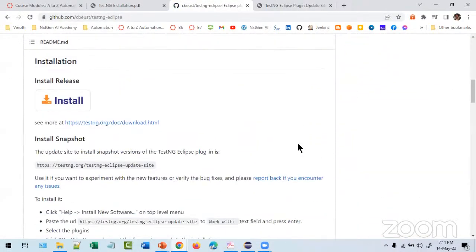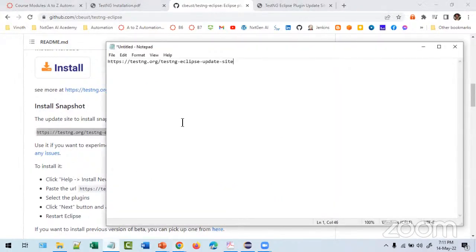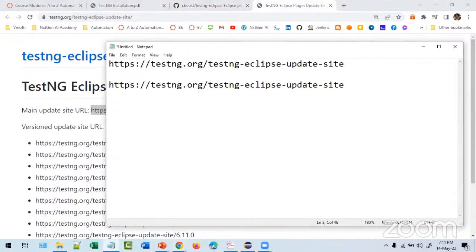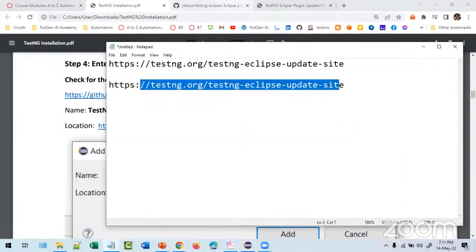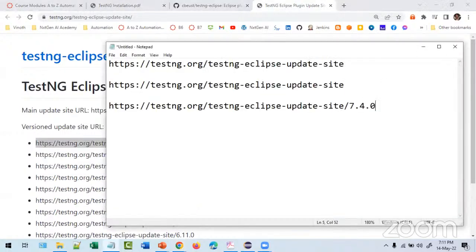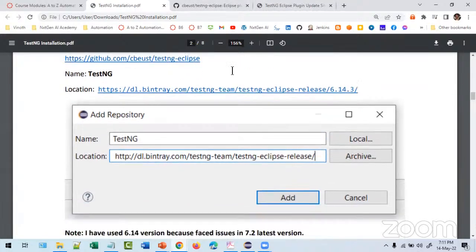If you come again, they will say update site for release. What is this URL? This is nothing but this one, right? Is there anything different? No, it is the same. The URL is the same, and you can use this URL, or else a specific version also you can update. Instead of that, you can be specific. That is how it is in the documentation; when I tried last time, it was different. Now you can follow how I am explaining.